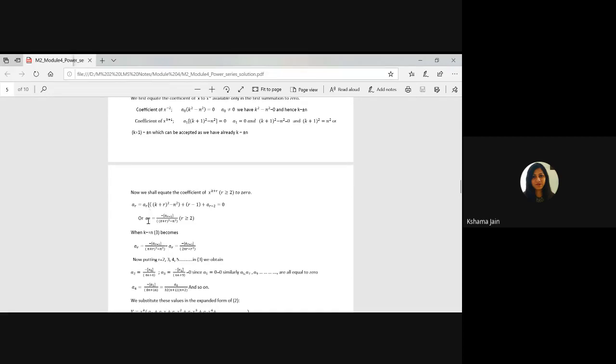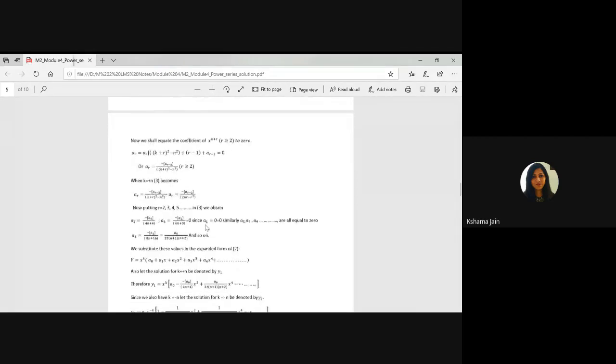So taking ar on one side and the other terms on the other side, we get AR in terms of AR minus 2. Why do we take the greater element on the left side and the smaller element on the right side? Because when we put a small value of r, we will get the next value from it. So they have done this by taking different values of K, because we didn't know what K is. Suppose K is any positive number. So if K is a positive number, we have written this. Why have we taken two different cases?